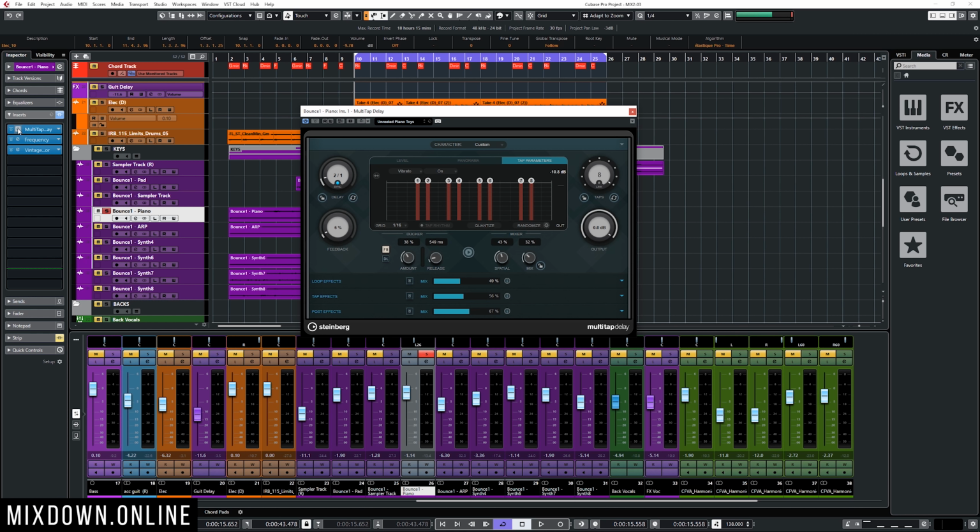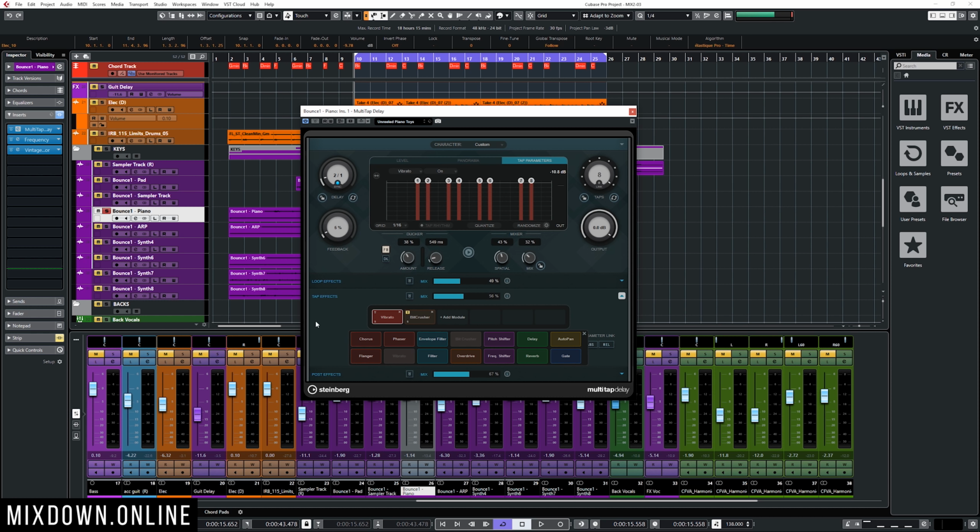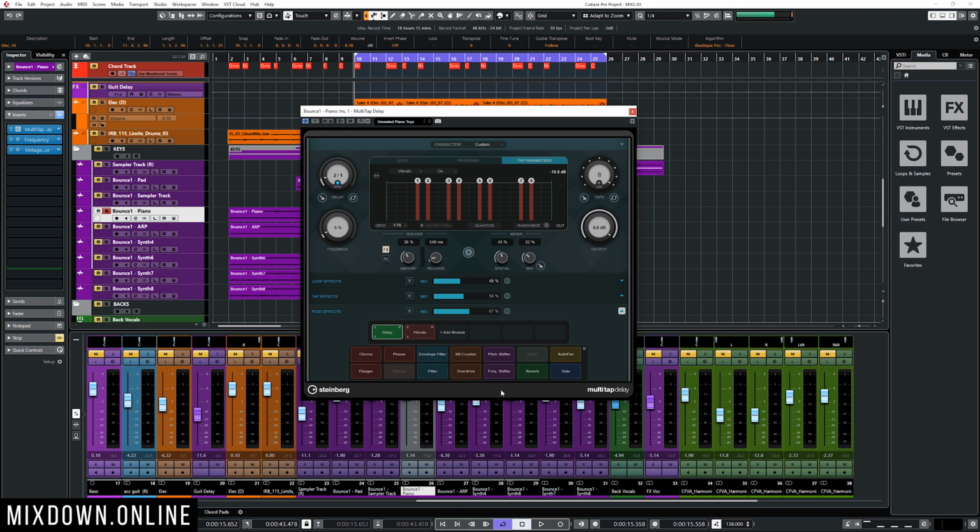But basically, this is a multi-tap delay plugin that you can add up to 8 taps. It's very versatile. There's a bunch of stuff you can do, even if you want to use it as a simple delay. You can add some loop effects, also tap effects, which is very cool, and also some post effects, which will apply those effects on the entire delay. So you can use that delay as a simple delay if you want to, and add those post effects afterwards, which can be very cool at the same time. Like the effects like chorus, phaser, envelope filter, overdrive, which is quite cool.